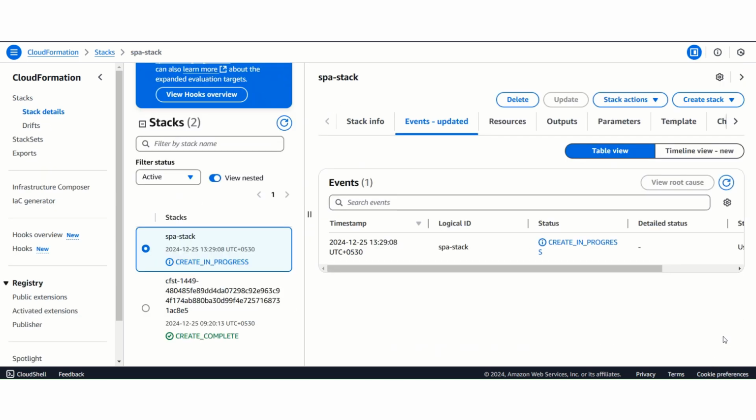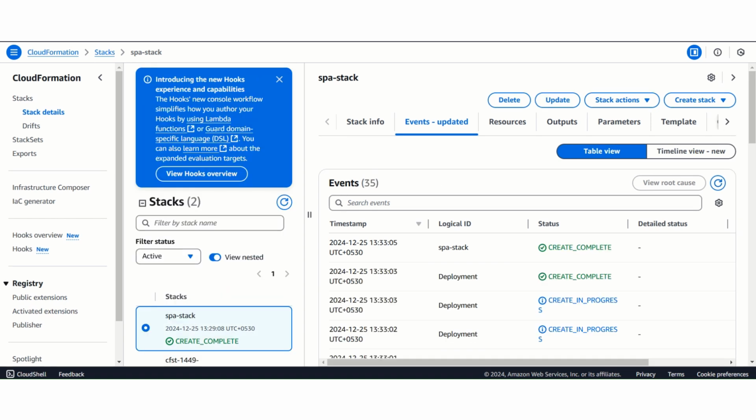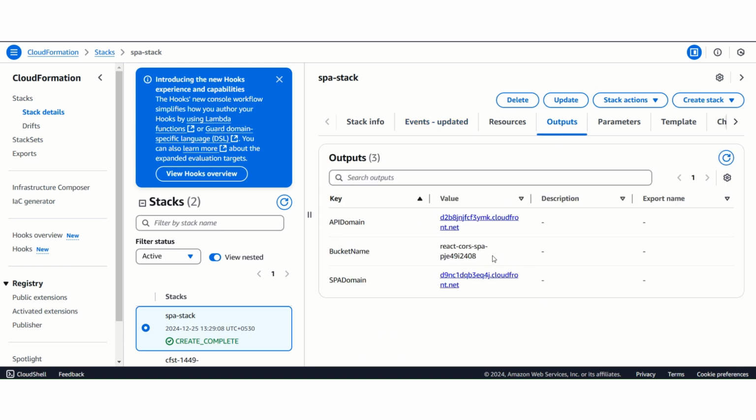Once we submit it, it will take around 10 minutes to deploy everything. I'll be back once everything is deployed. As you can see here, this stack is deployed. Now we have to check the outputs. In the outputs we have this bucket name. We need to go to this bucket and upload all the application files,